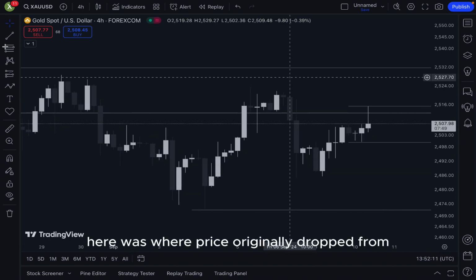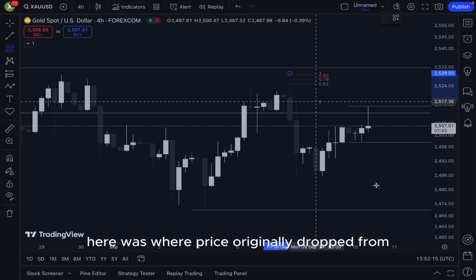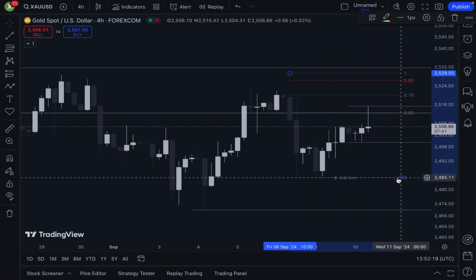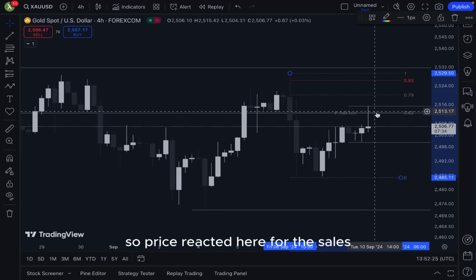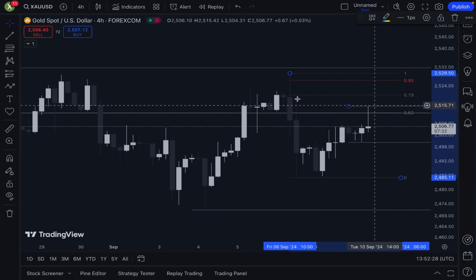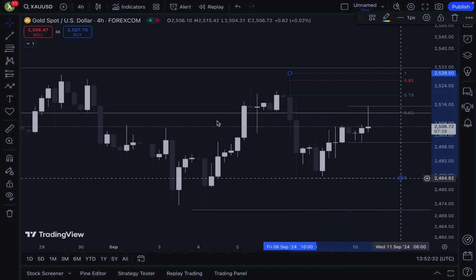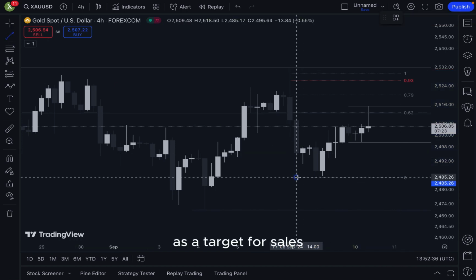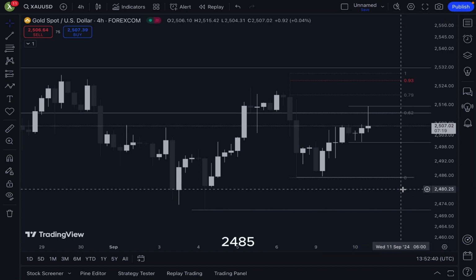Here was where price originally dropped from and created this low point, so I'll just put it here, and this is where price reacted for the sales. All right, so price reacted here for the sales. This is okay, not a problem. You can also mark this point as a target for sales, 24.85,